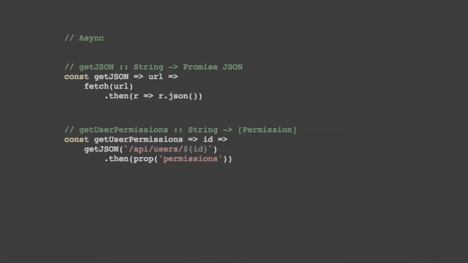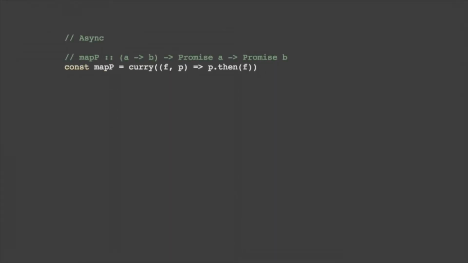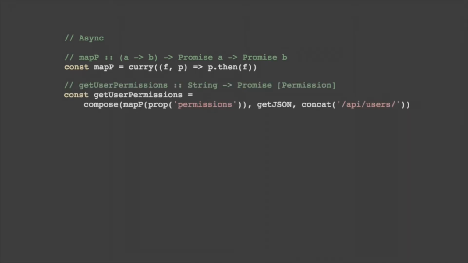And this kind of thing, first of all, the then part of promises works perfectly with functional programming. We pass in functions, we create functions, we can do this really easily. But also, if we apply a little bit of magic and make our mapP function, which is just calling then on a promise, there's nothing magic here, we can put it into our composition. We can start saying, great, now we're going to concat. Basically, we concat two strings together. We add the ID after the URL.